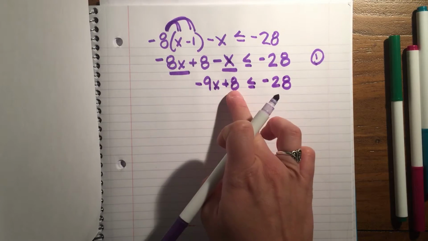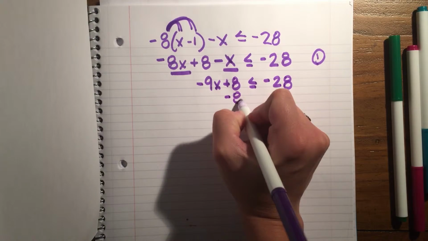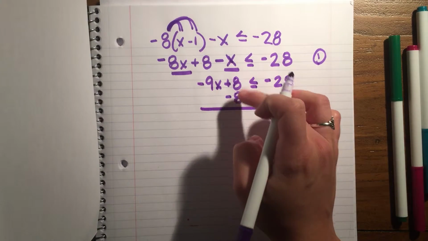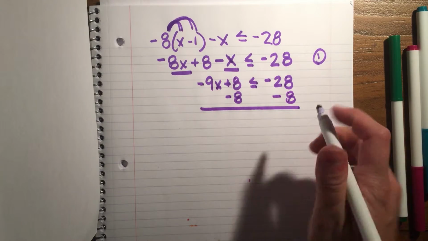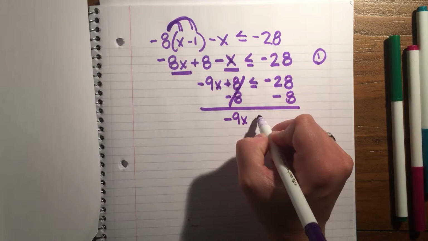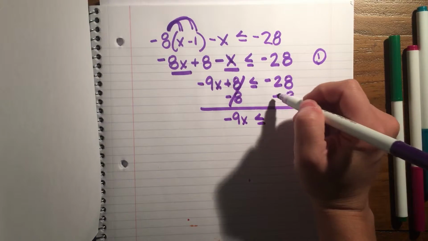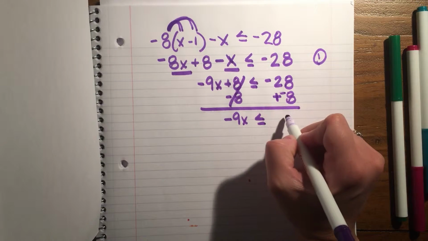Now I want to move my 8 over with my -28, and I do that by making this side even. I want to take the 8 away, and I also want to take 8 away on this side. So 8 minus 8 cancels out, and I'm left with -9x is less than or equal to, well, -28 plus -8 is